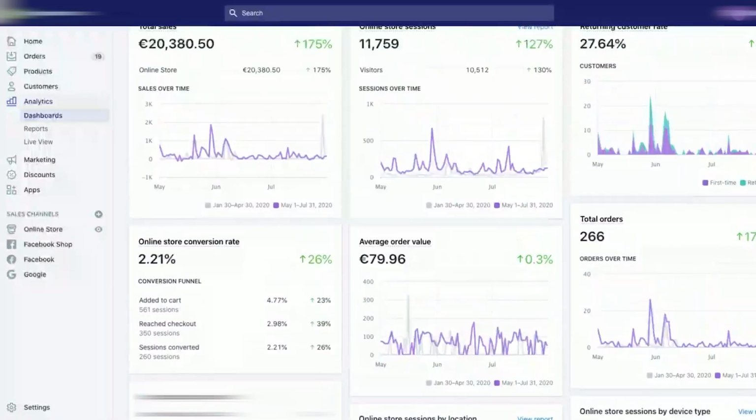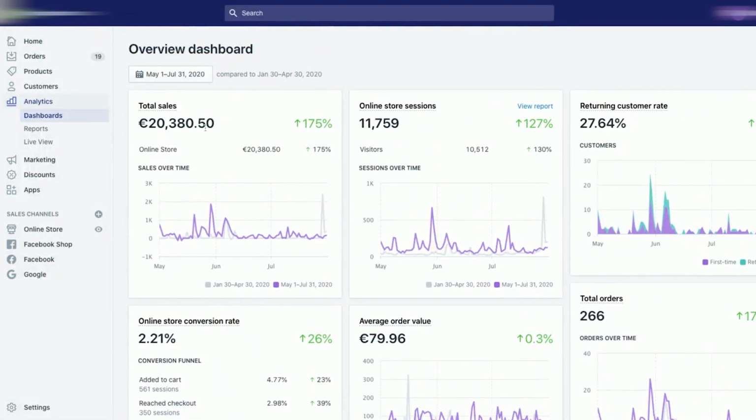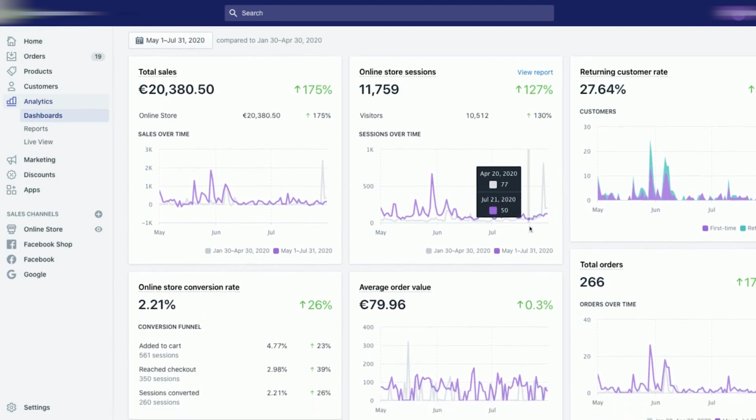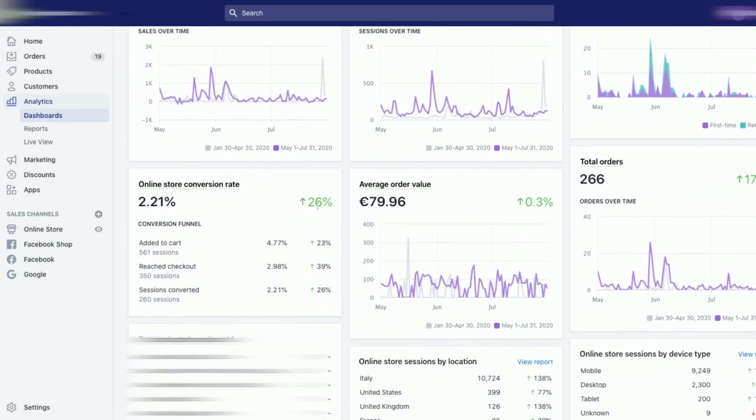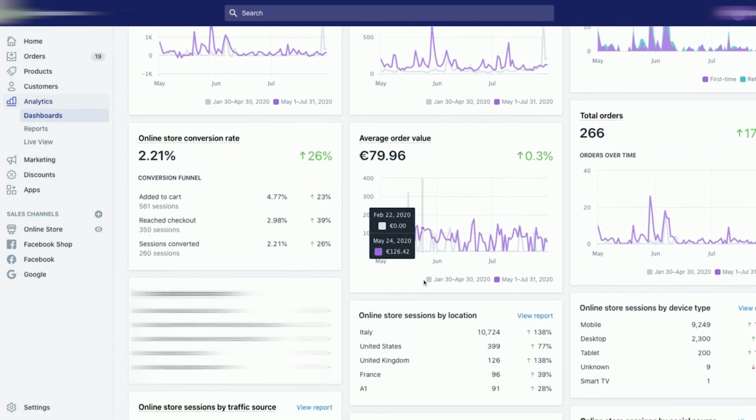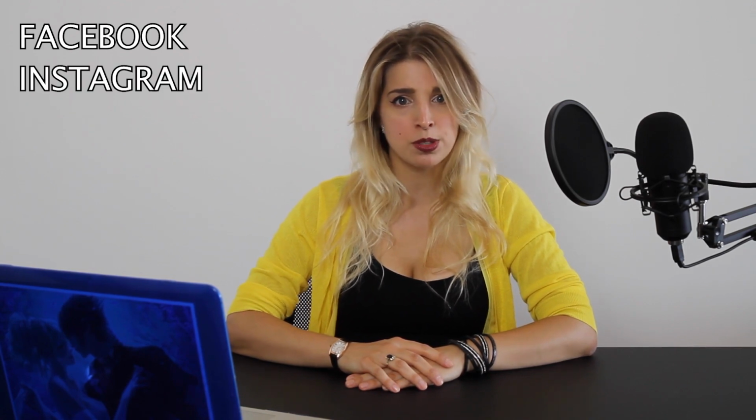I'm sure that as soon as you see this page, your first instinct is to look at the total sales. But there are other important KPIs that I want you to focus on. And these are sessions, conversion rate, average order value, returning customers, and ROAS. Sessions is the metric that helps you measure how many users are visiting your site and where they are coming from. Here you can understand if they are coming from Facebook, Instagram, Google Search, or any other channels, and study the traffic that is better for your website.